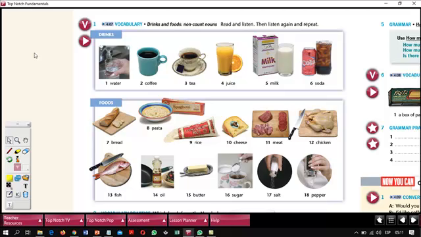As for foods, we have bread, but you might think, teacher, but I go to the store and I say to my casera, 3 breads, please. Right? The thing is that we have to think as American people, not as Peruvians. In Peru, we might consider that bread is something countable, but for Americans and for our class, it is not. Then we have pasta, rice, cheese, meat, chicken, and fish.